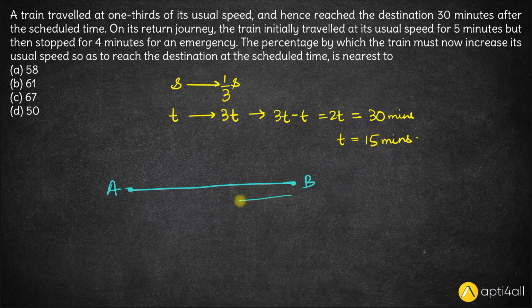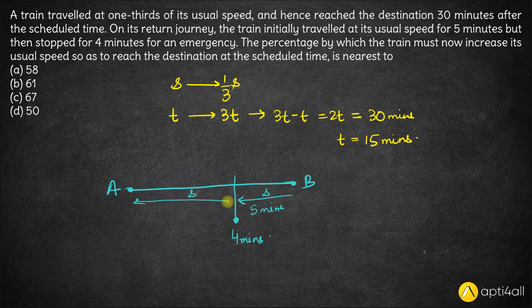But for the first 5 minutes, he travels at his usual speed of S. But then he stopped for 4 minutes. So at this point, he stopped for 4 minutes. Fine. So the percentage by which the train must now increase its usual speed so as to reach the destination at the scheduled time. So usually if he had not stopped here, if he had traveled at a speed of